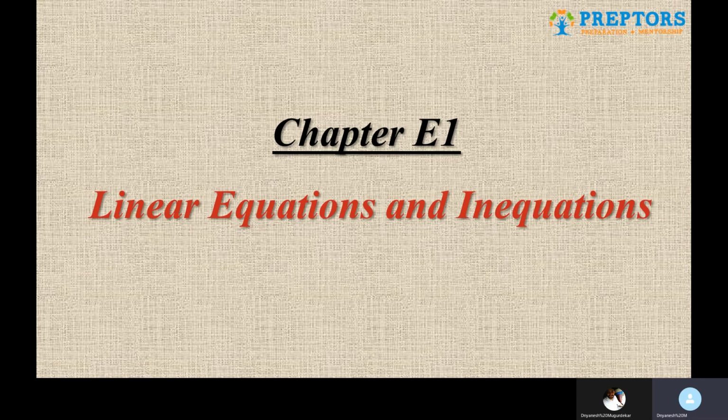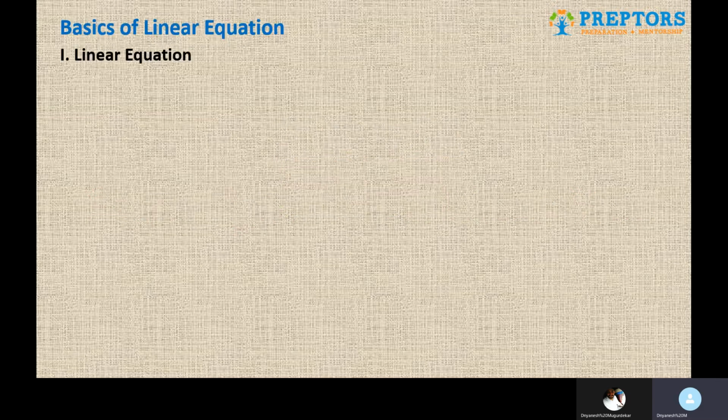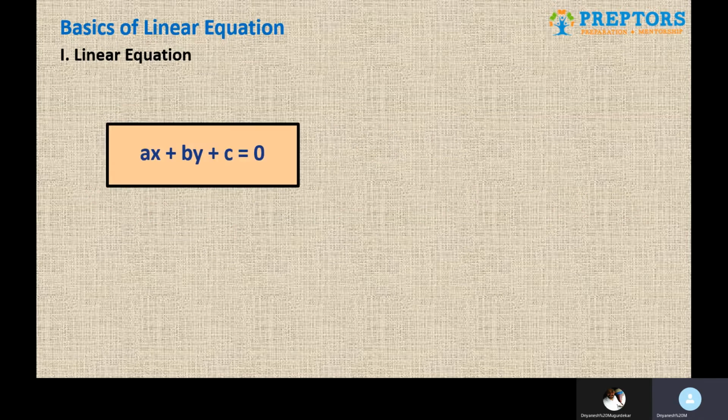So the first part is obviously, as usual, whenever you study any kind of equations, two or three things are very critical and you need to remember them as the first part. For example, the first thing is the standard form of any equation. The standard form of a linear equation is this one that you can see on your screens: ax plus by plus c is equal to 0. Here there are two variables, x and y, and three constant terms, a, b, c, basically the coefficients of those variables. Here if you observe, the degree of the equation is 1.